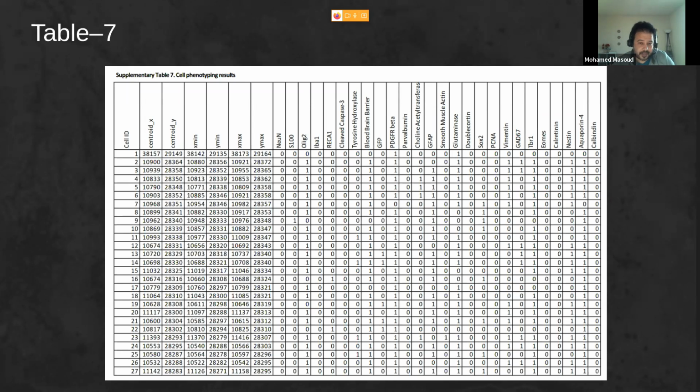Each cell has a location based on its X and Y in the tissue, and an indication of the biomarker it has. Based on the unique biomarker, or the combination of biomarkers it has, we can classify the cell.